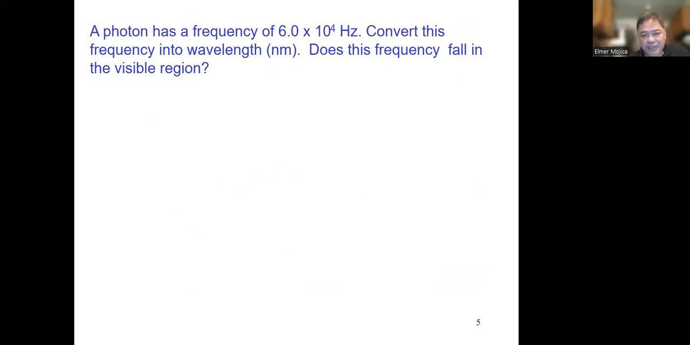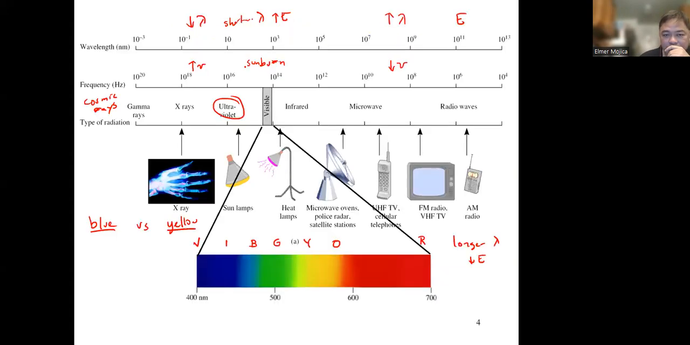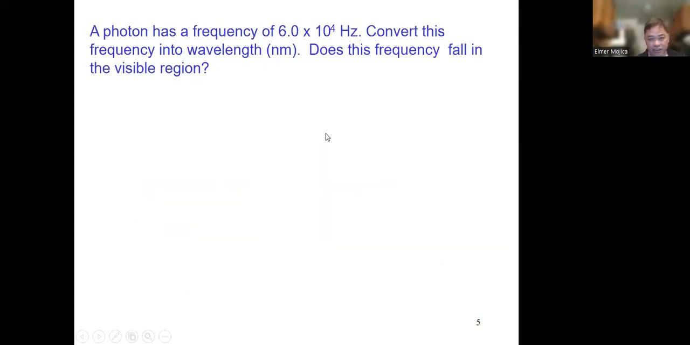So let's try to solve some problems here. A photon has a frequency of 6.0 times 10 to the 4 hertz. You're asked to convert this frequency into wavelength in nanometers. Does this frequency fall in the visible region? The visible region, if you look here, is around 400 to 700 nanometers. So maybe we can start with